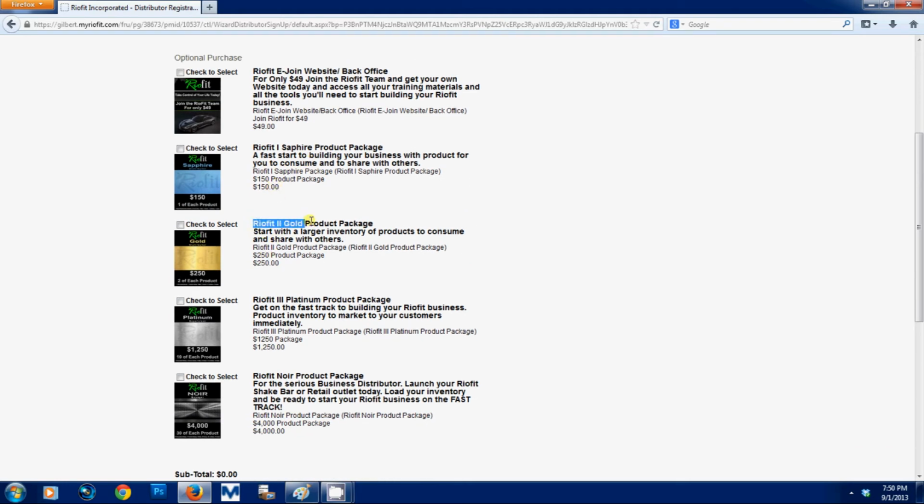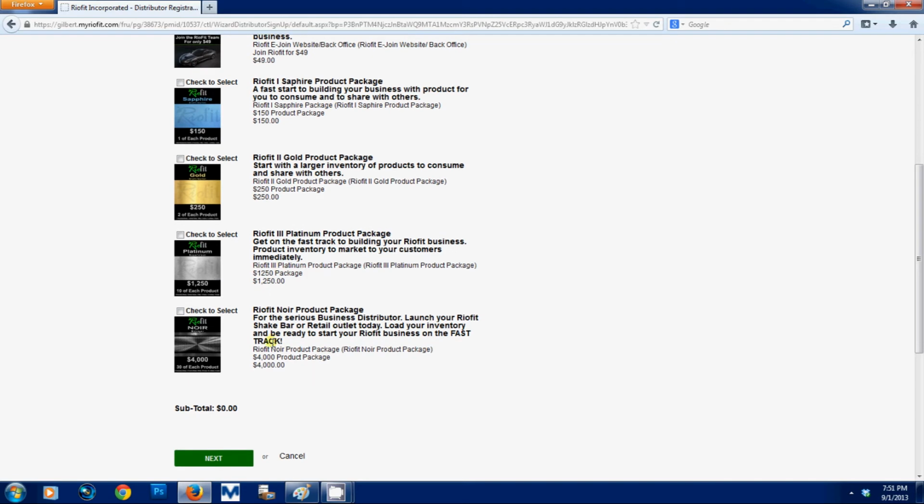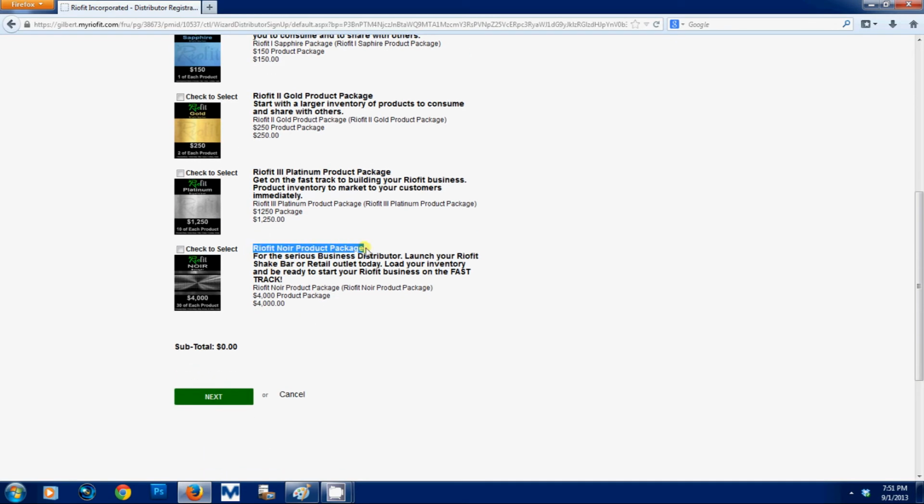The next one is our RioFit Gold product package for $250. It contains 2 of each of the products. We have the RioFit Platinum product package. This is for people that are maybe looking to have a RioFit shake bar, and they want to get more package to sell it, and they would get 10 of each of the products. And if you want to go higher, we have the RioFit Noir package for $4,000, and this